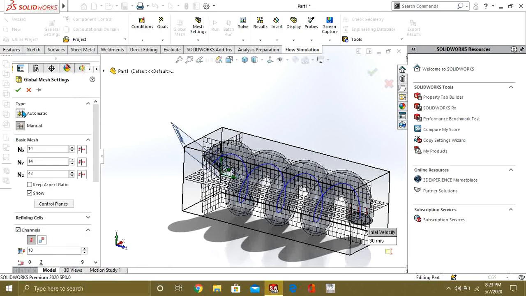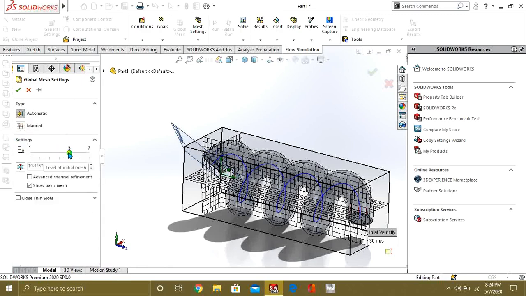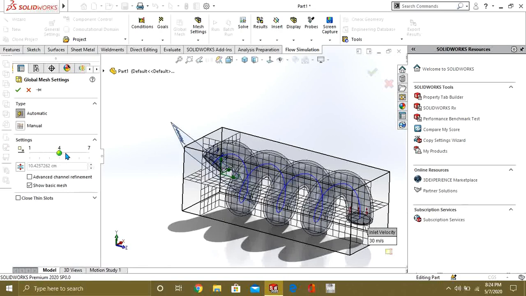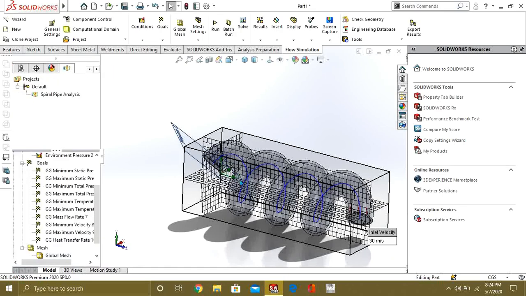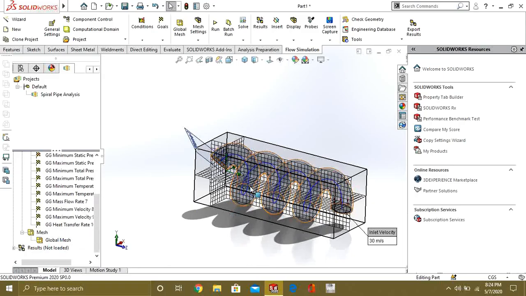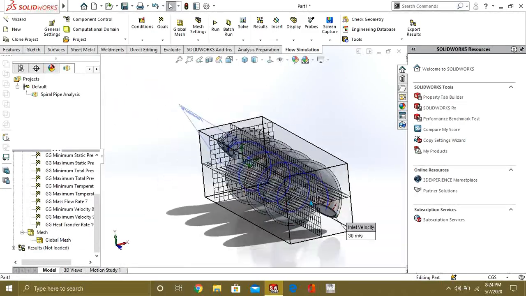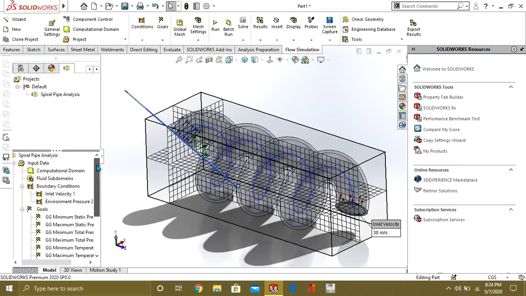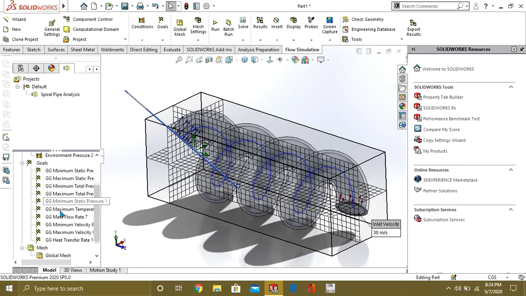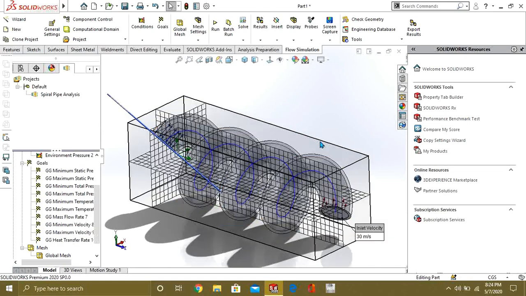This is manual, and by automatic you just have to make sure where it is refining. You can use the mesh convergence method to get accurate results. So our analysis has been set up. Our boundary conditions have been applied, goals have been applied, and mesh has been applied.